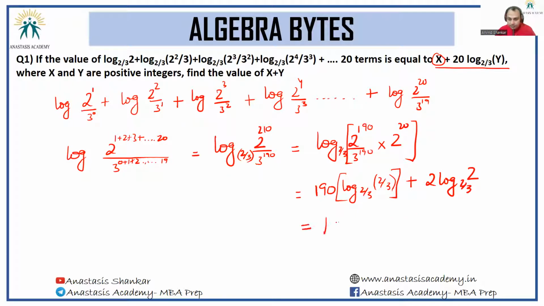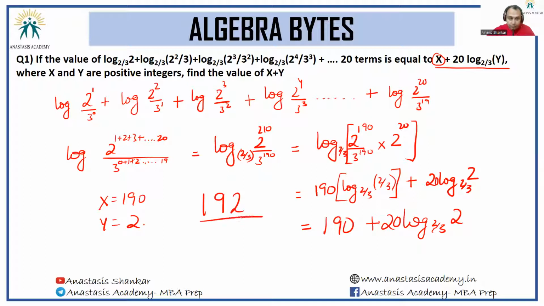So I finally have 190 plus 20 times of this. Now when you compare it to the original expression, x is equal to 190, y is equal to 2. Finally, we needed x plus y. So the answer to this question will be